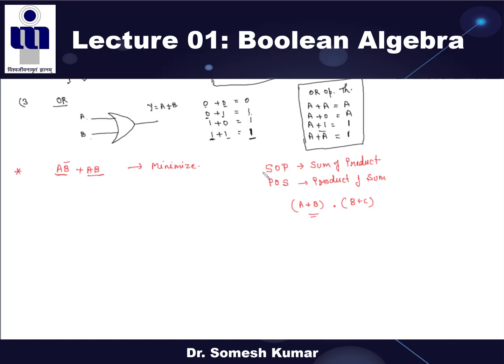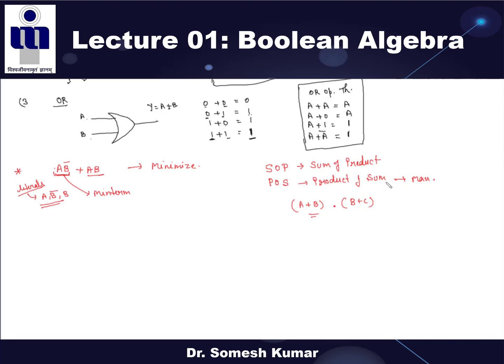So in the SOP form, each separate variable, for example A, B bar, these are called the literals. You can note down these terms. Literals means A, B bar, B, these are the literals. And this is your min terms. There are two terms in digital electronics, min terms and max terms. Min terms are generally used for the SOP forms, while the max terms we use for the POS forms.